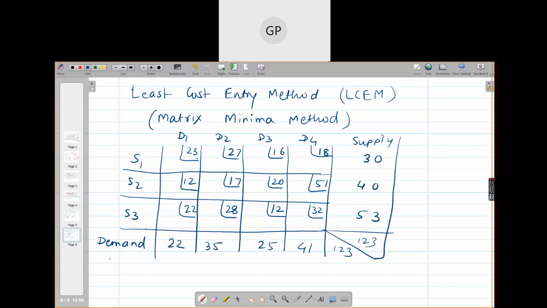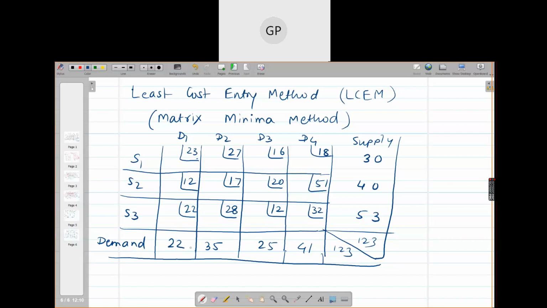Okay, so what is this least cost now? You have to choose the least cost, the smallest transportation cost from the whole table. There can be a tie also. In that case, you can go for any cell because the next least cost, the 12, will come anyway, right? But if the least cost belongs to the same row or same column, then there will be a problem.